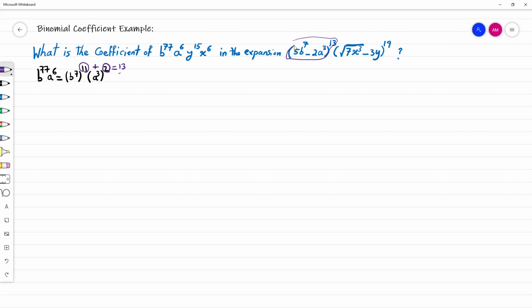So that really can result in this portion of the component that we are looking for. So it's a valid component. Now, therefore, from this, we can just say that b to the 77, a to the 6 is a valid term